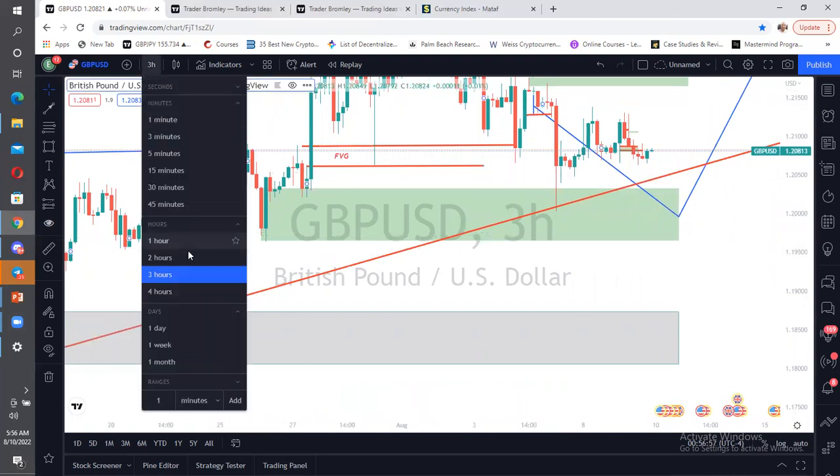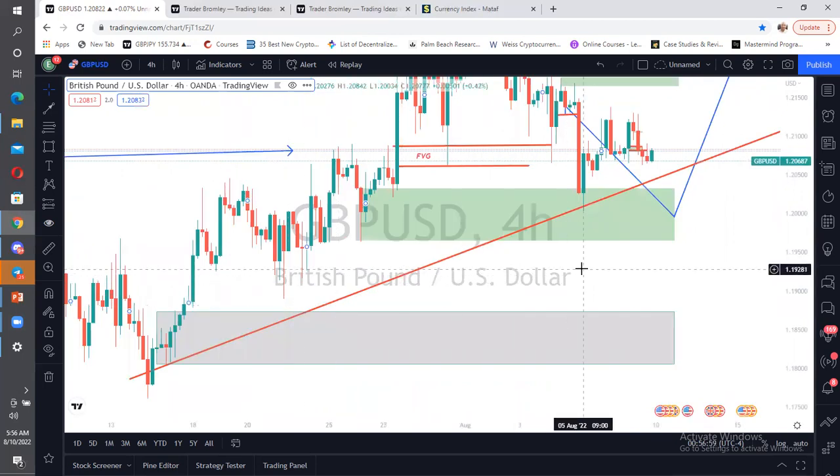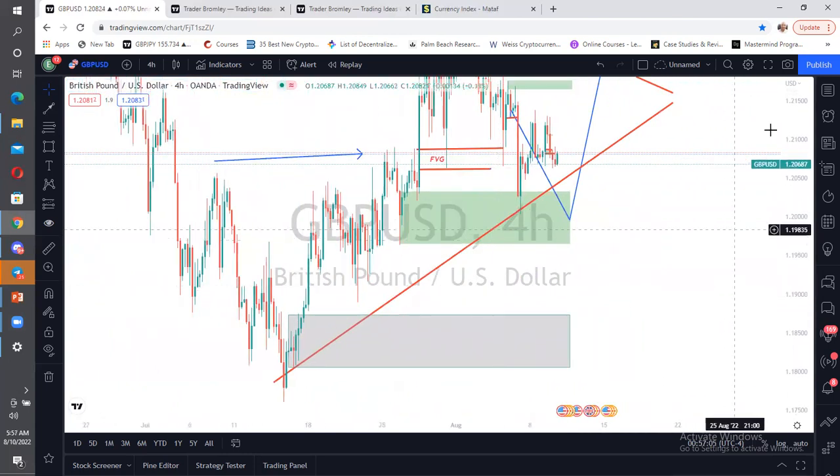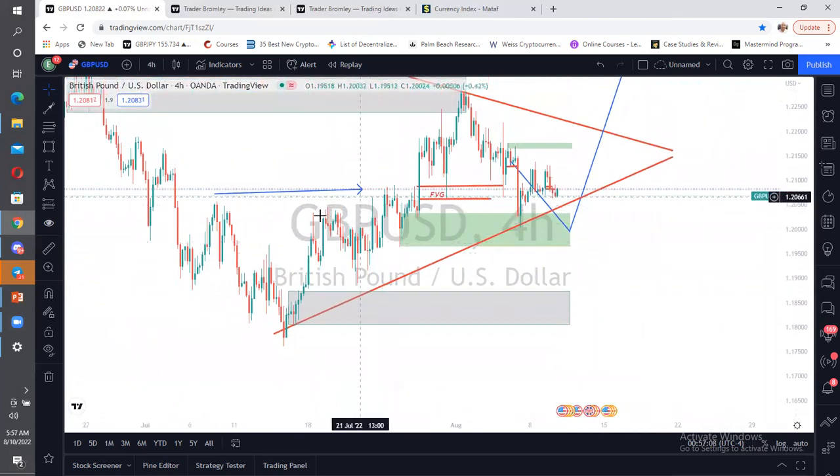Let's zoom out a bit on 4 hours. Now we'll have a range, which is this particular place, which is a range of 4 hours. After this particular range, this range was broken out through by this. Then it hit this level and came back to this particular range here, which is this place. After it hit this particular level, we start expecting this market to go back to the upside, but as you can see, market is being so dull.